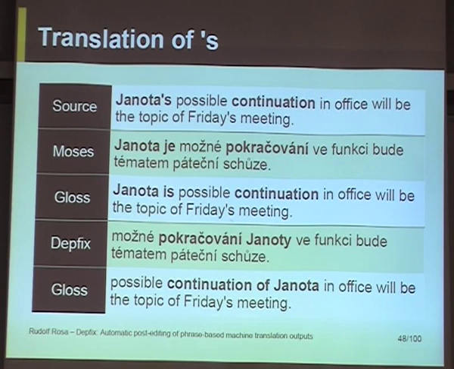And then we somehow have to make the possessive of Janota. Well, sometimes we are lucky and we can produce the word "Janotův", but it's a name again, and we often have problems with names, so we have to do something a bit different. We create the genitive construction instead, so we change the word order and we get "možné pokračování Janoty ve funkci". So in English it would be "possible continuation of Janota", which we think is still better than to leave there the error, although it's not always perfect.